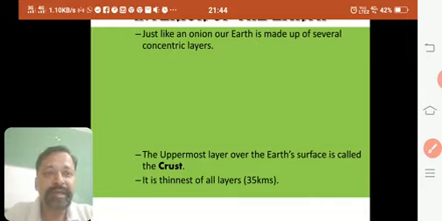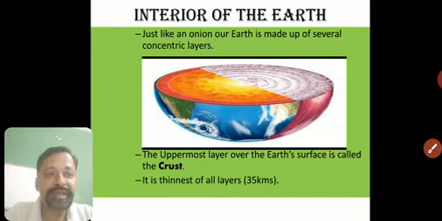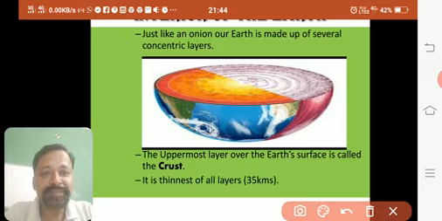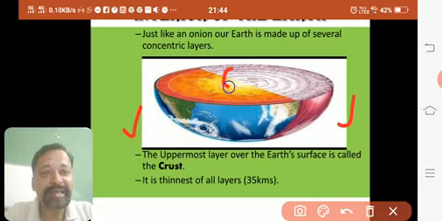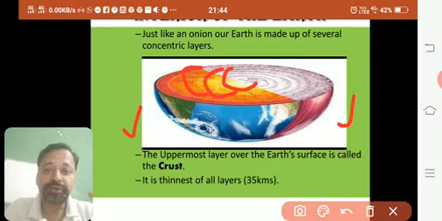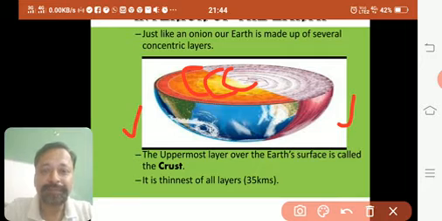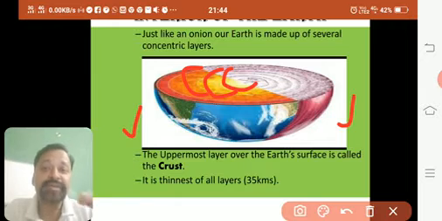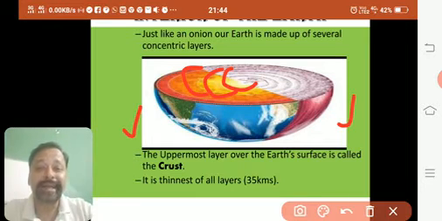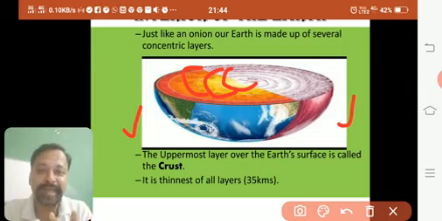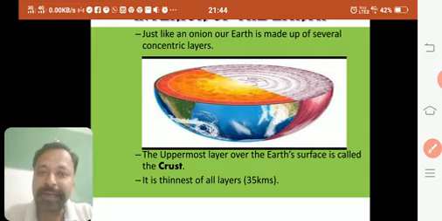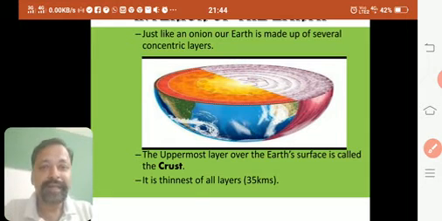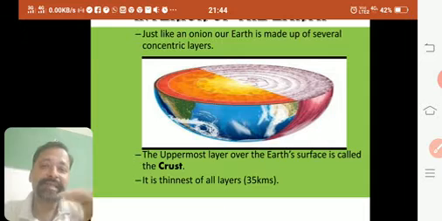All this we'll see in our coming slides and further in the video. Fine. So now I'll try to show you the figure. Can you see here now? This part is Earth, this side is an onion. Like an onion has layers, Earth also has layers. Can you see that? So this shows the resemblance of onion and Earth. Earth is the same as an onion. Why? Not for size, but because it also has concentric layers. It has the same center and layers around it. So we can compare it with an onion. Clear? And the topmost layer is called crust.